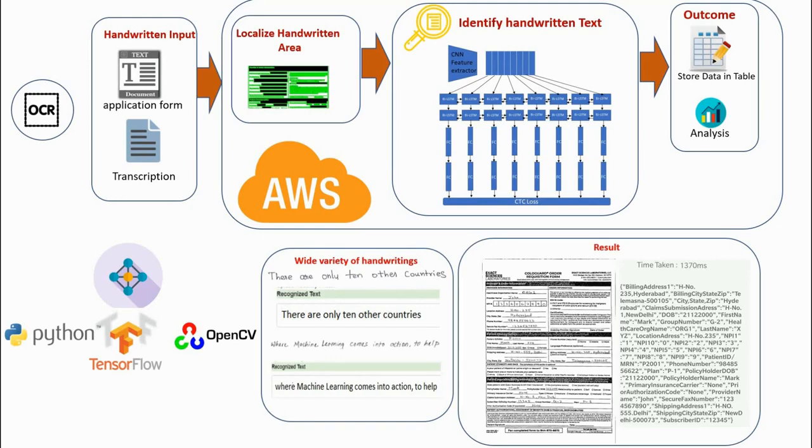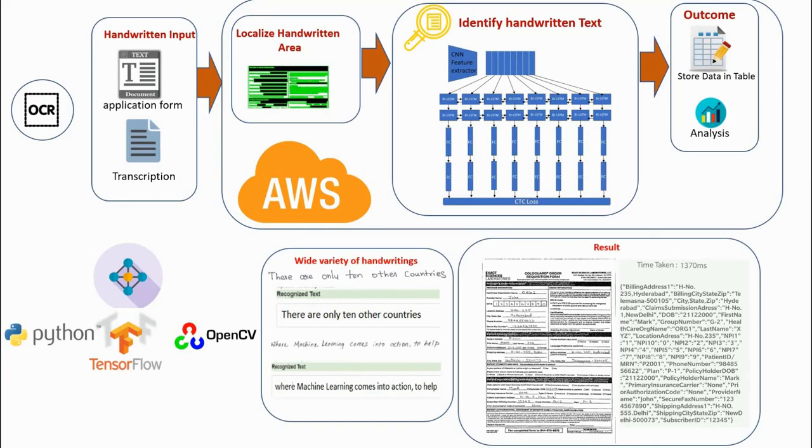To make it very simple and precise, we will give you an Android app. The end user has to scan the form that has been given by Exact Sciences. The moment it is scanned, the image gets uploaded. We do the processing inside and immediately we identify the handwritten text. The outcome is immediately presented on the screen, and all this is pretty easy, and we are able to get a variety of handwritings recognized.